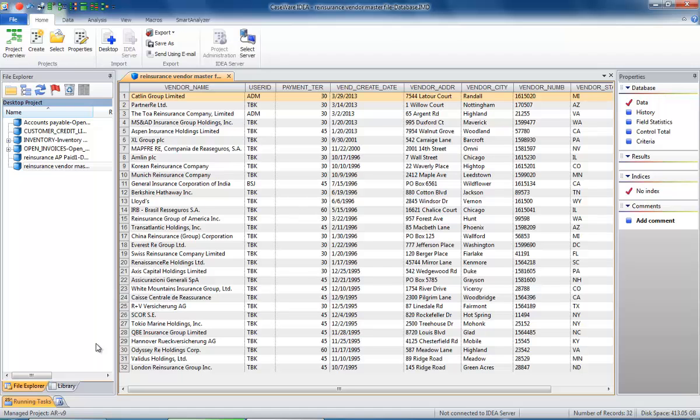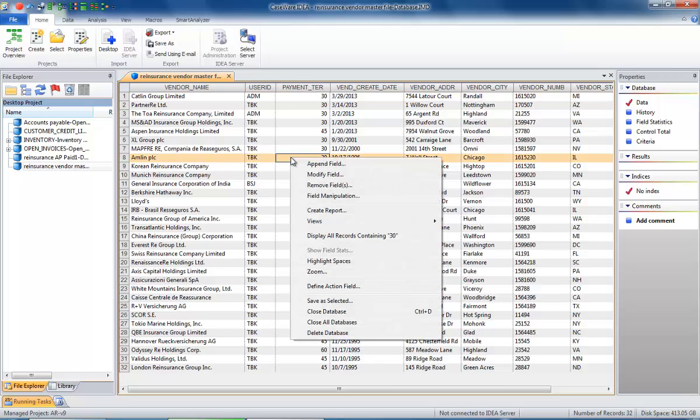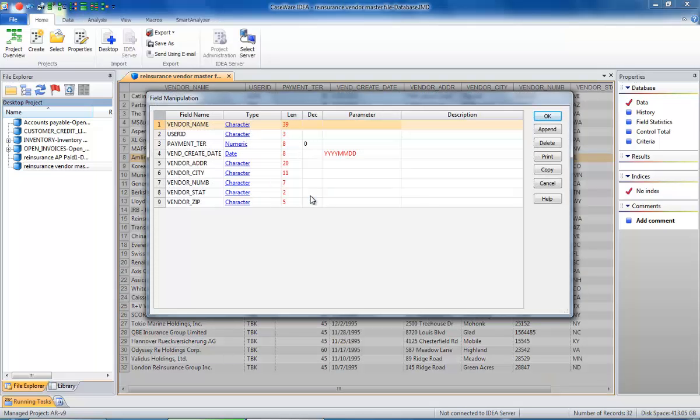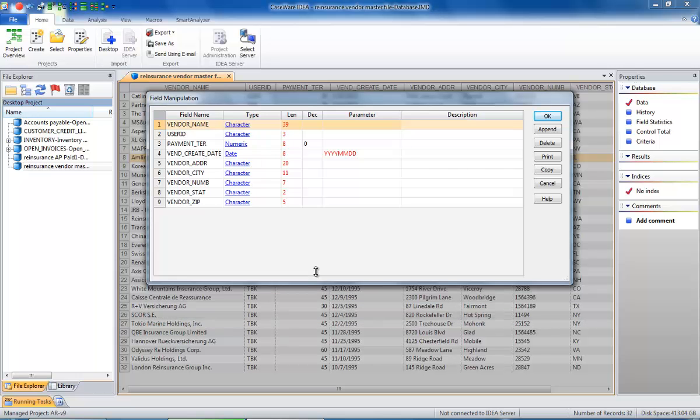The second thing I do is make certain the database administrator gave me the data files that I need in the format that I need them to conduct my audit. To bring up the record layout, which is actually labeled the field manipulation panel, we can select any of the cells in the rows and columns of the database and right-click on that cell to bring up the dialog box. Navigate down through the dialog box, you see field manipulation and select that,